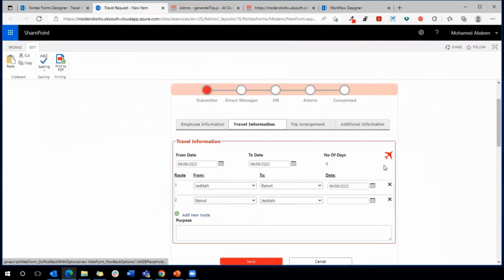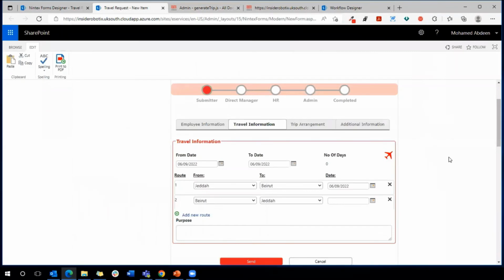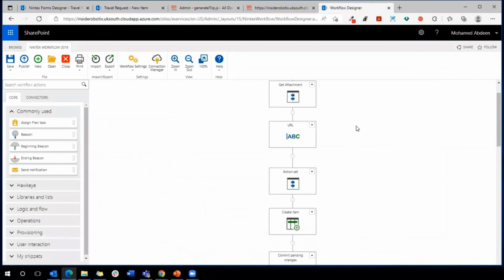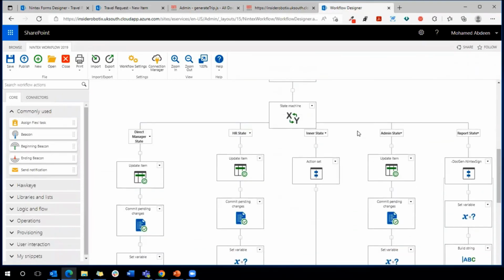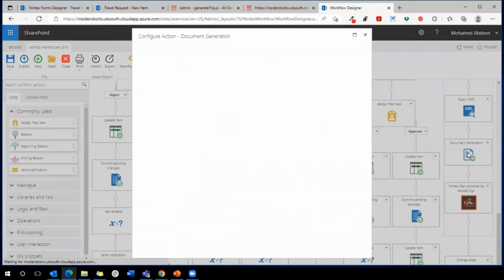So by this, we have covered how you can create this pop-up window in a Nintex form. Let's jump now to our workflow designer. Inside our workflow, the main idea is to create an approval flow from different steps, from the direct manager state till the HR state and admin state, and accordingly take the required approval from every assignee, then generate a report or a document which will contain all the information submitted in my initial form, and then